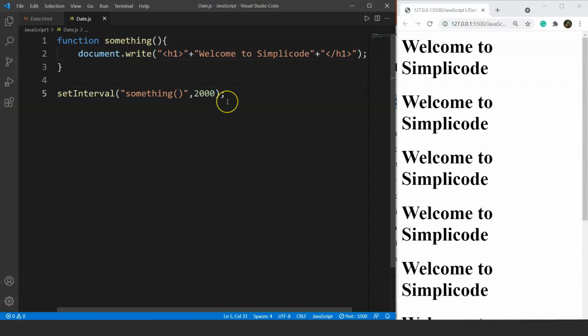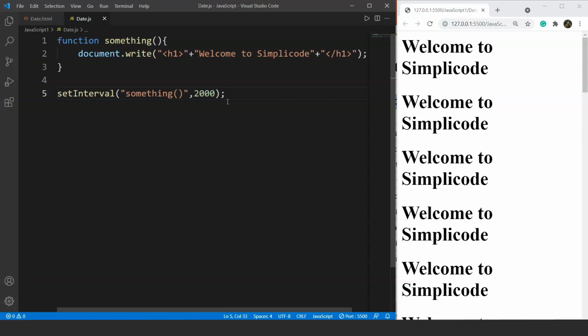I explained this function right now because we are going to use this function today in a program. So let's move ahead and have a look at the date object now. We'll go deep into the date object now. First thing is, while creating a date object, we have to keep in mind that in JavaScript we have 4 different ways to create a date object. We'll discuss them one by one.